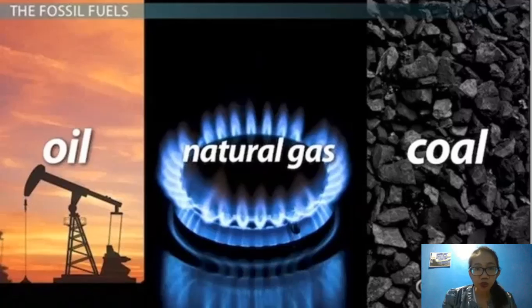Now, why are we using fossil fuels to power our society? Fossil fuels are used as heat energy. We use combustion and then use the heat from these fossil fuels to create steam. Then, as you know, steam is kinetic energy, becomes mechanical, and then finally electrical energy. But what's so special about fossil fuels, and why are they powering most of our world?